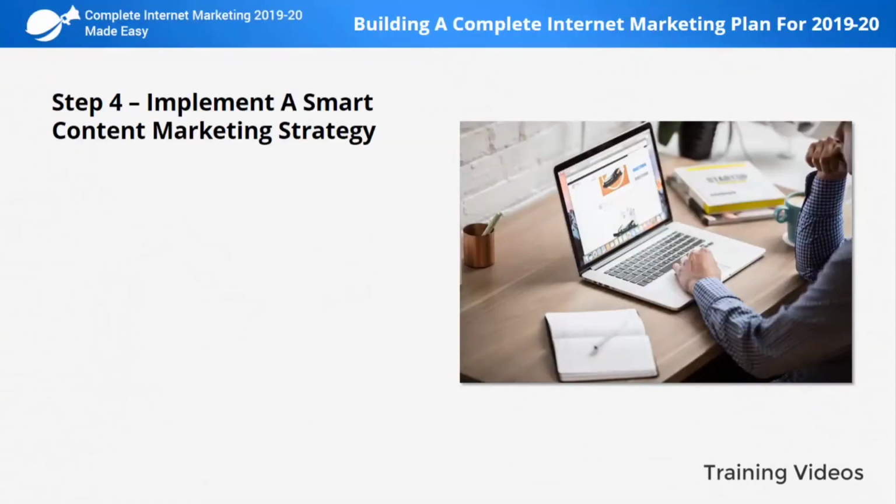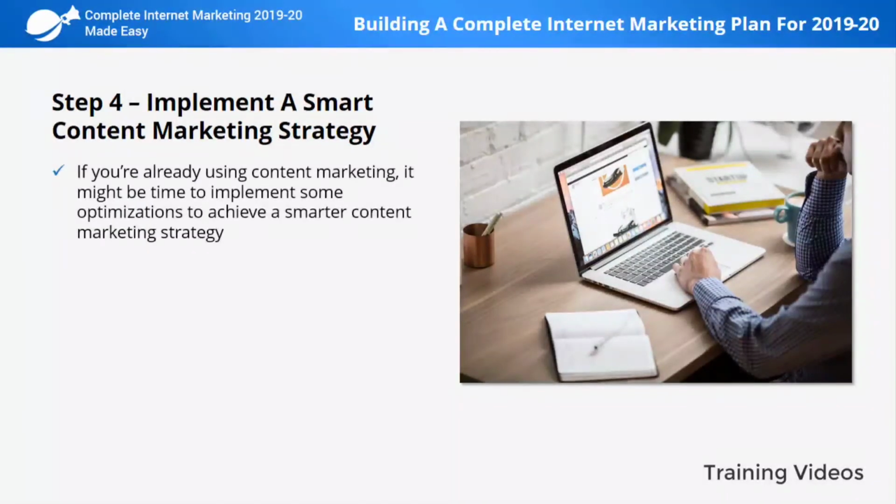Step number 4. Implement a smart content marketing strategy. If you're already using content marketing, it might be time to implement some optimizations to achieve a smarter content marketing strategy. Whether it's video, articles, or visual discovery, some elements that you have to implement to enhance your content are: